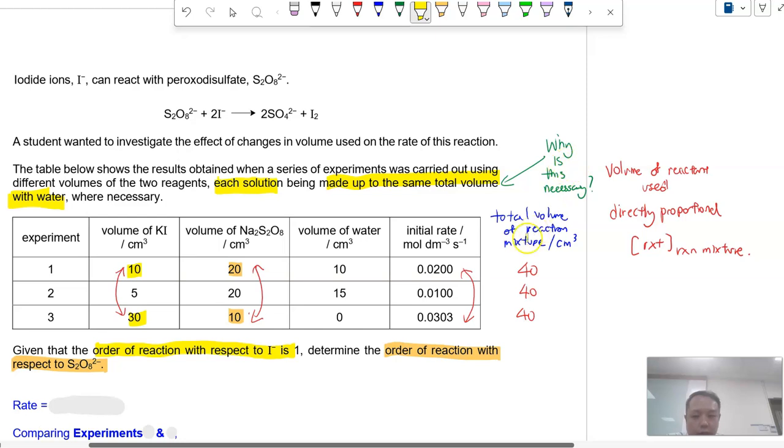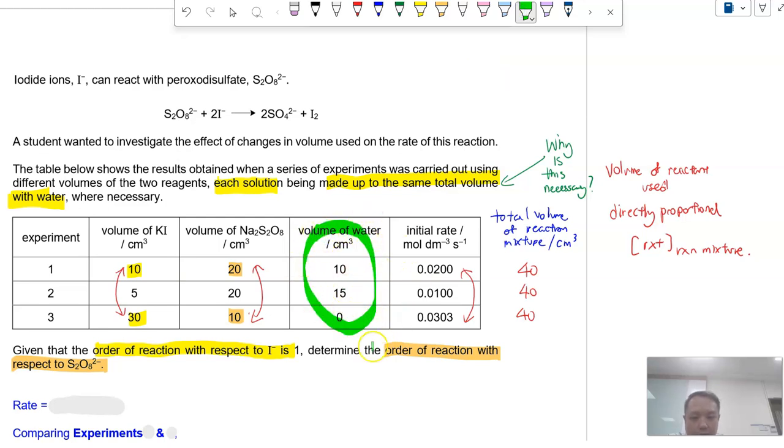Alright, so the total volume, if you take a look at this reaction, 10, 20, 10, we keep it at 40, 5, 20, 15, 40, 30, 10, 0, 40. The total volume of reaction mixture is always kept constant at 40 through adding different volumes of water. So why are different volumes of water added? To keep total volume constant so that